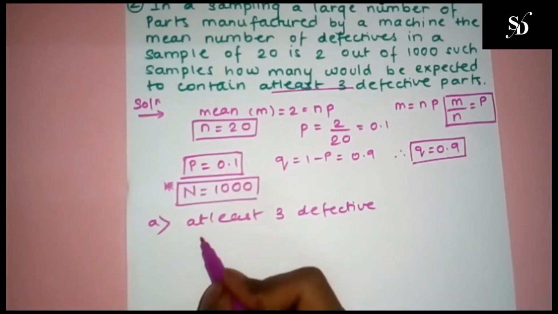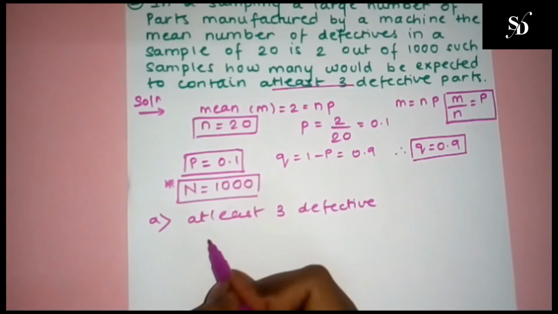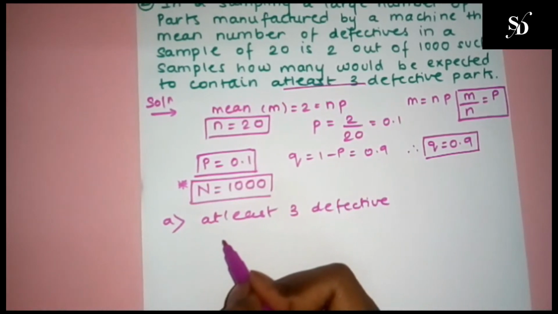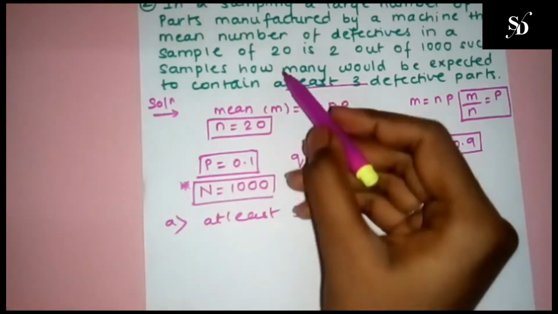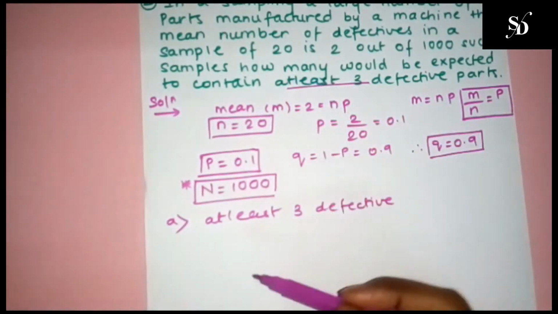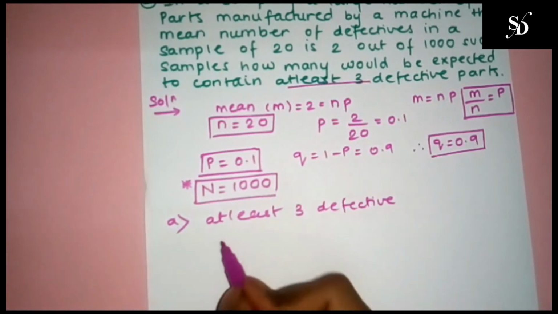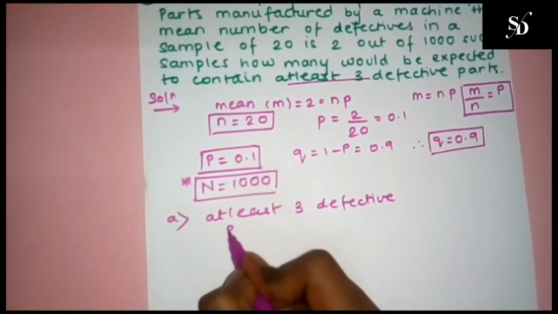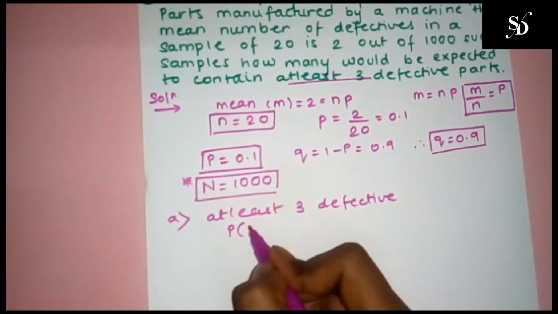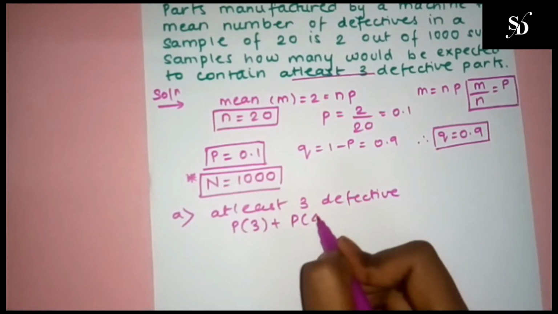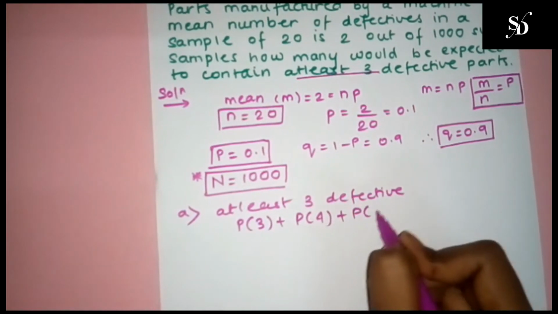At least 3 defective means 3 or more than 3 can also happen, that is minimum 3. Over here there are up to 20, so it can be 3 or more. So what we will find is P of 3 plus P of 4 plus P of 5